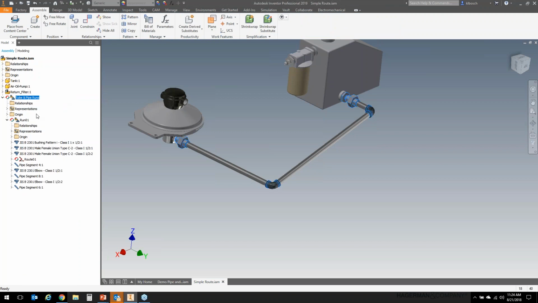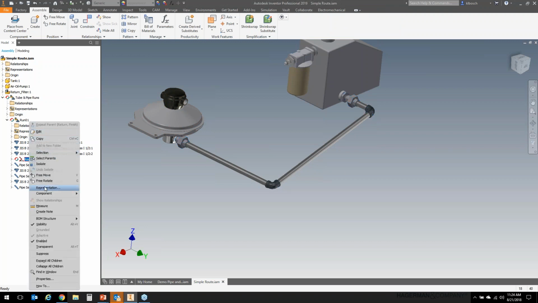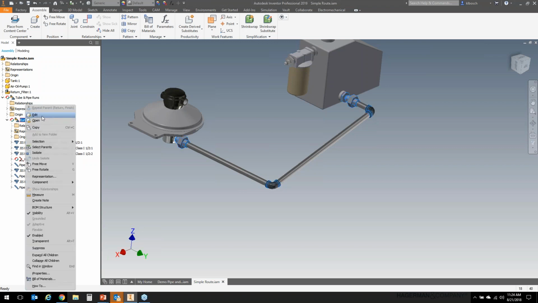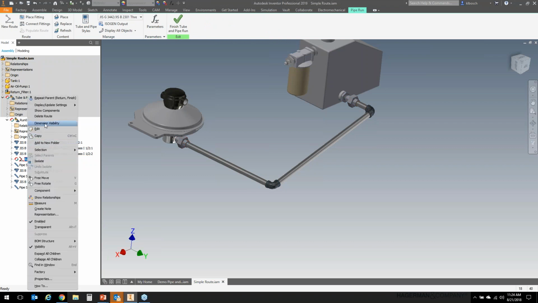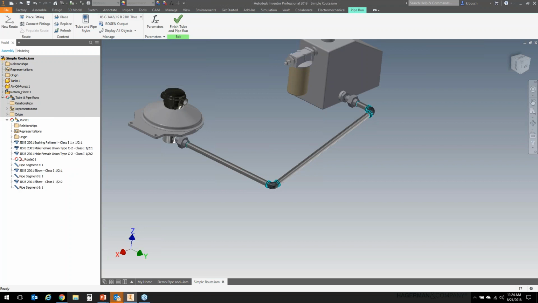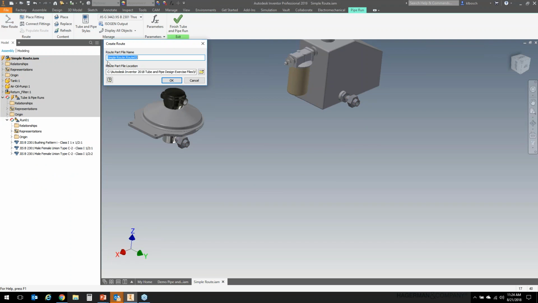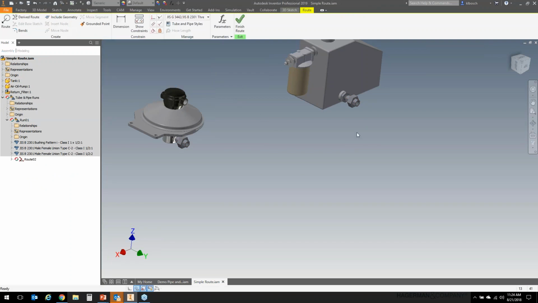Absolutely. Let's see here. I want to edit this run, and delete the route here. Okay. So Andrew's asking to demonstrate basically creating a custom route as opposed to the auto route. Not that much different. Like I said, we would start with the route tool, pick our point, and then we can come out,